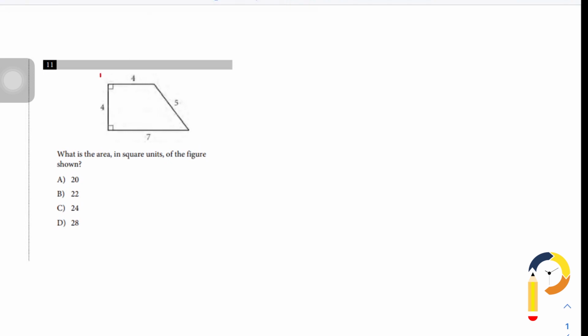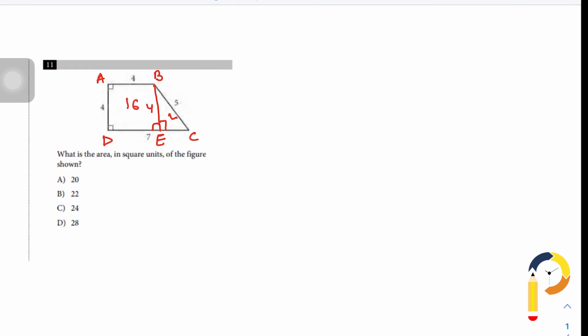So I labeled it A, B, C and D. Now what you can do is make a perpendicular from B to side CD at E. This is 90, 90. That means ABED is now a square, and the side is 4. So the area will be 16. And this is the right angle triangle, so you need to find its area also. This AD side is 4, so definitely this is 4.